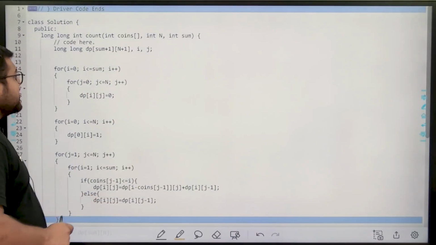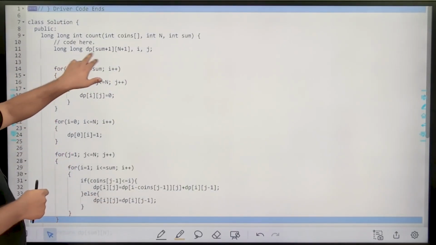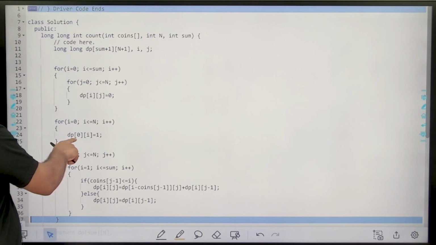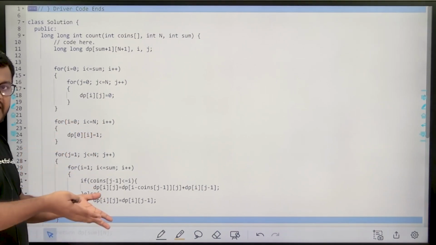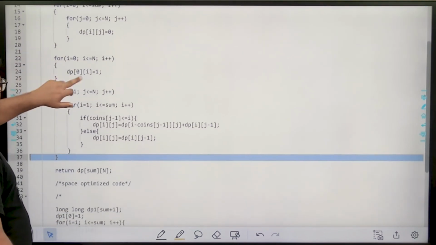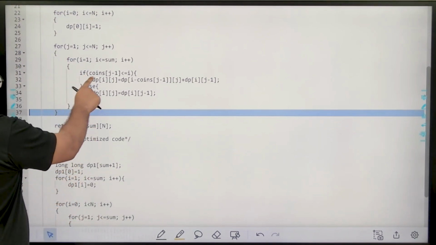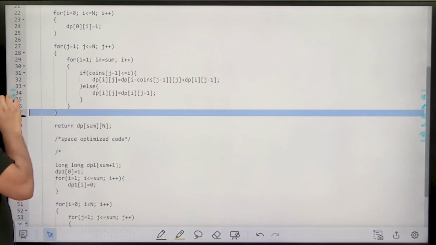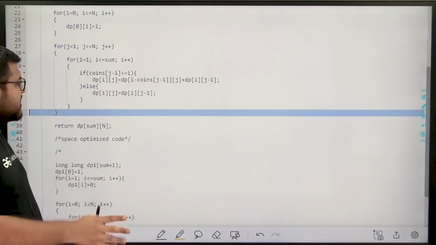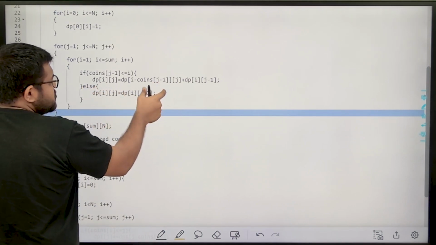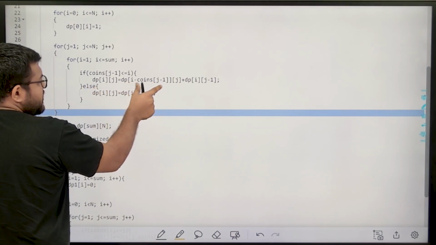So now if we look at the actual code, I have taken here dp of size sum plus 1 and n plus 1. Here I have initialized all of them to 0. This is the base case. When the sum is 0, number of ways to reach it is 1 in any case, no matter how many coins we are considering. Then here I have taken, if the coins of j minus 1 is less than or equal to i, in that case we can consider taking that coin. So dp of i j would be equal to dp of i minus coins of j minus 1. The sum would decrease,